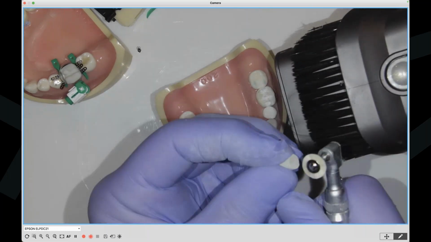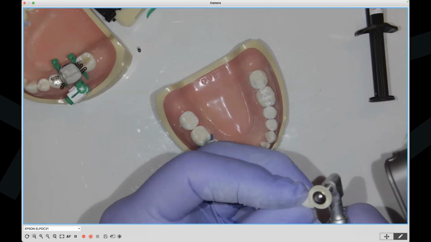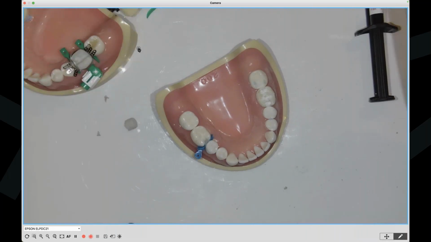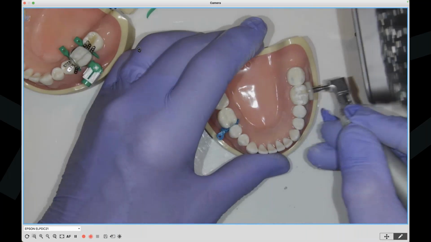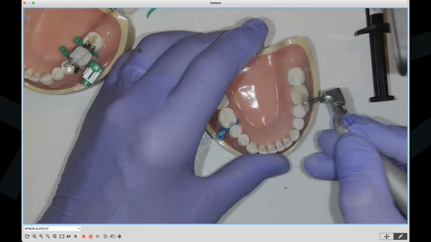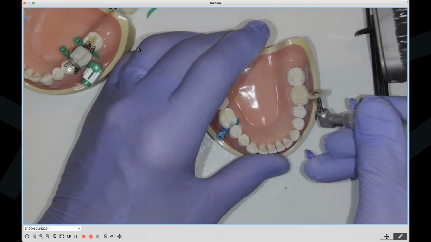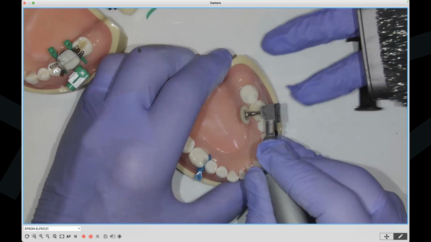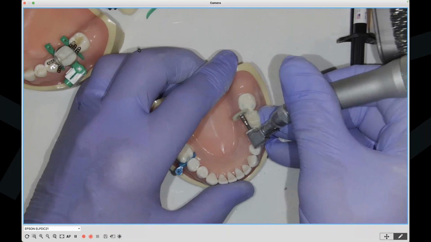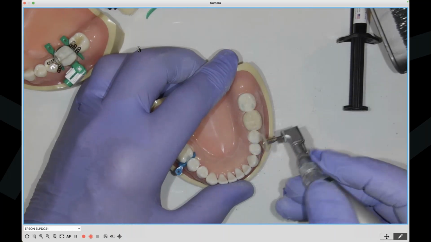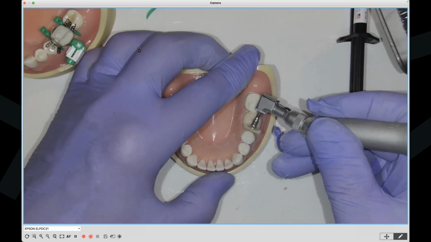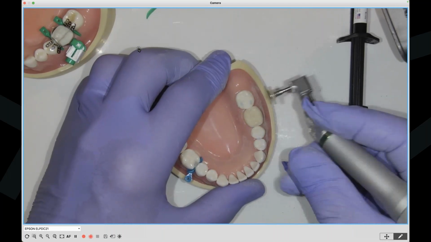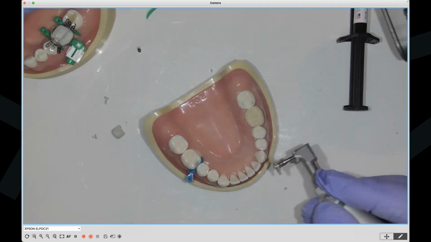Okay, so we run it in, load it real well with the nano diamond. Two. A little more on there.